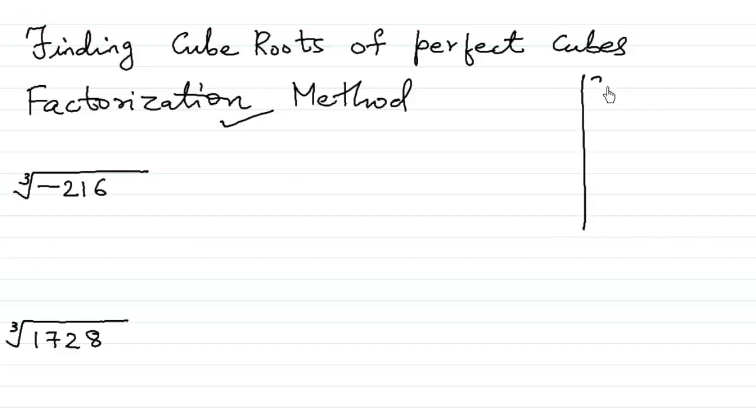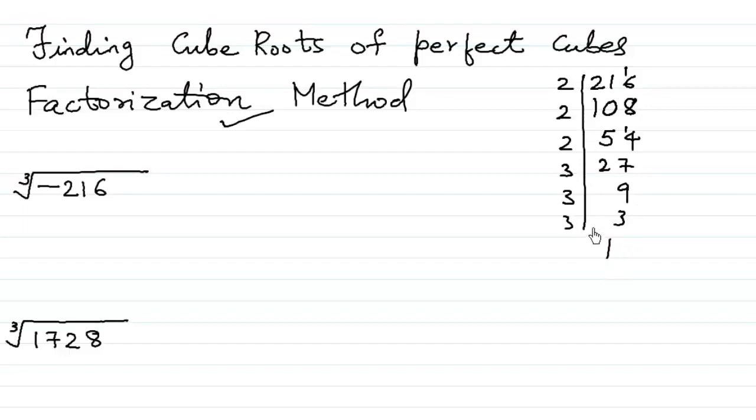For that, we need to factorize 216, and we know this is an even number, so it goes in the table of 2. So 2 ones are 2. Remember, 1 comes down, but we know 2 zeros is 0, 1 carry, and 2 eights are 16. The half of 216 is 108. Then again with 2, 2 fives are 10, 2 fours are 8. Again with 2, 2 twos are 4, 2 sevens are 14. Then 3, 3 nines are 27, 3 threes are 9, and 3 ones are 3. So we have 2 multiplied by 2 multiplied by 2 multiplied by 3 multiplied by 3 multiplied by 3.